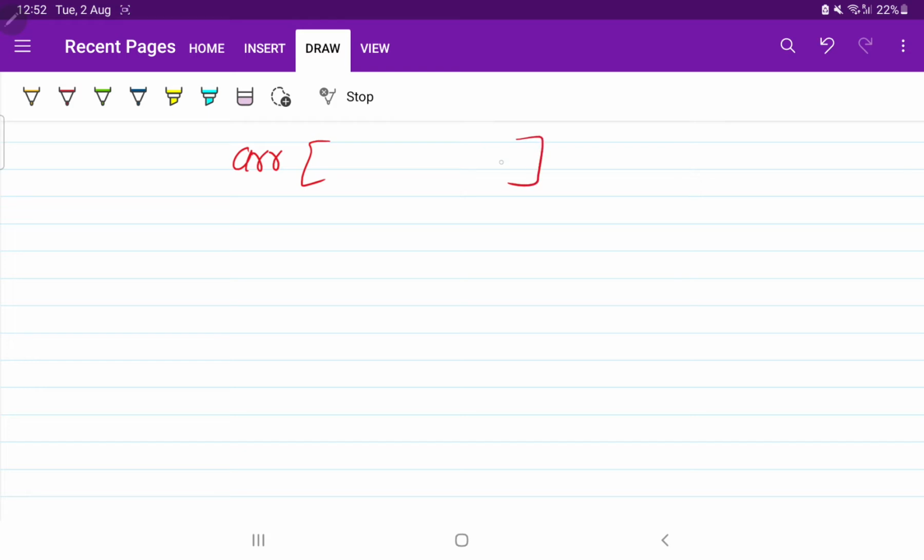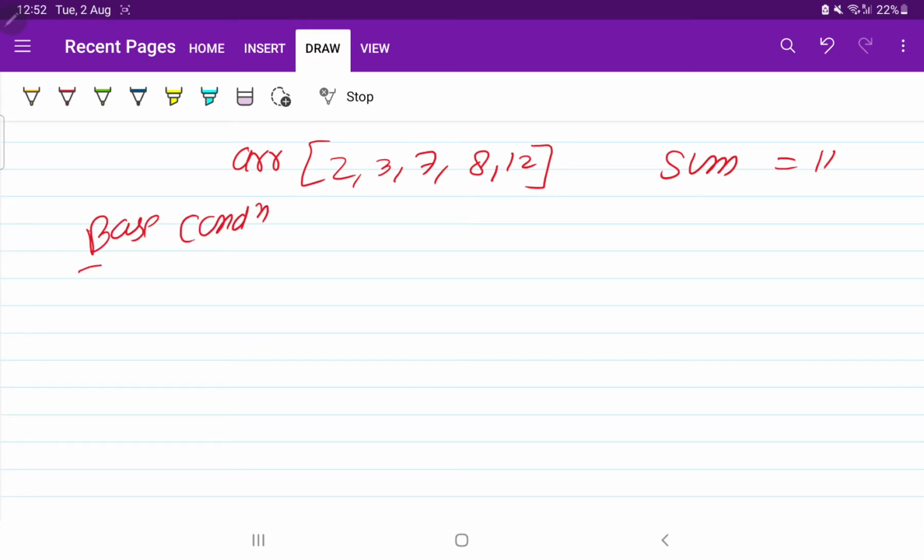An array is given. What are the elements in the array? Elements in the array are 2, 3, 7, 8 and 10. And what is the sum given? Here it is 12. Okay, I have changed the last. Sum is 11. Okay, now how do we find the base condition?